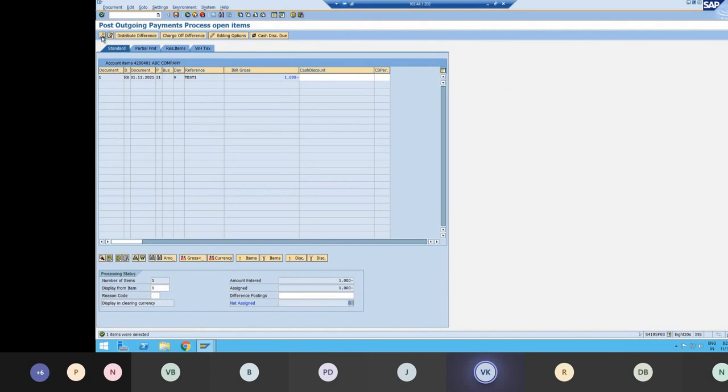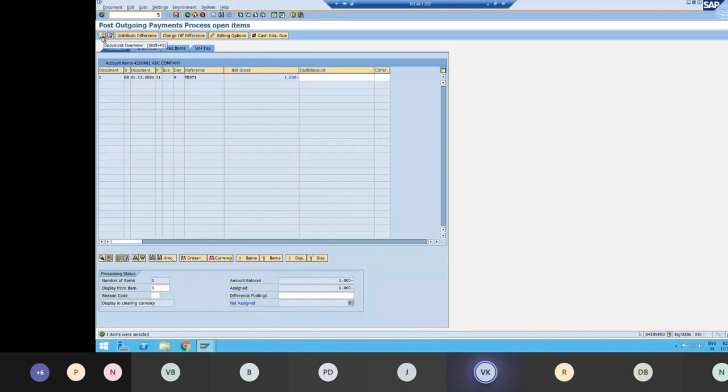0. So just click on simulate, because here at the bottom it will always be 0. The non-assigned should always be 0. The amount entered is nothing but the amount that I've entered on the screen in the F-53, 1000. So this 1000 is assigned to this open invoice. So we have one open invoice of 1000. So that amount entered is assigned to that invoice, and therefore the non-assigned is 0. If there is a difference, then it will show that amount. In this case it is already matched, so the amount is 0.